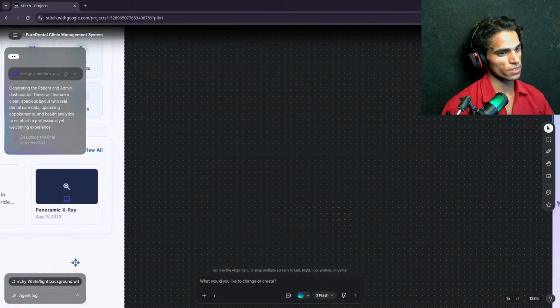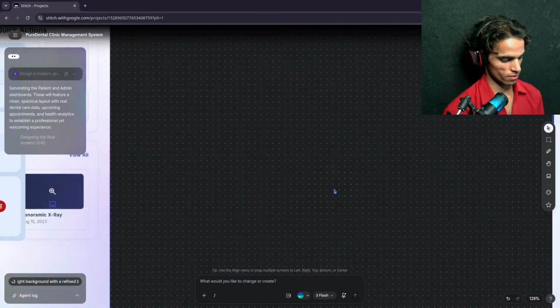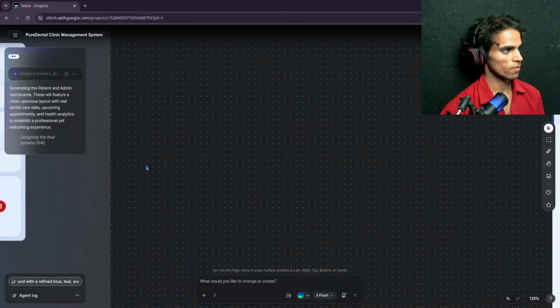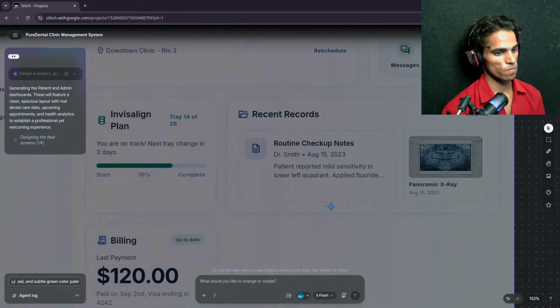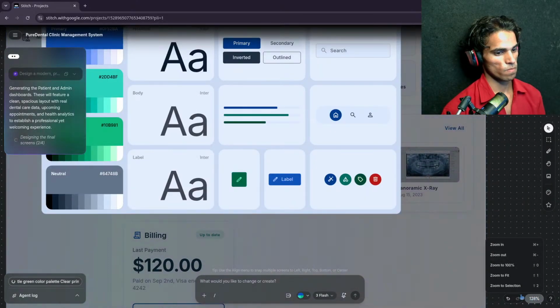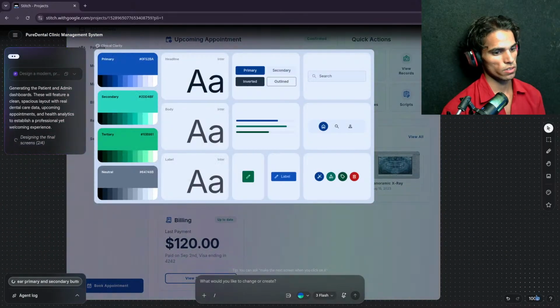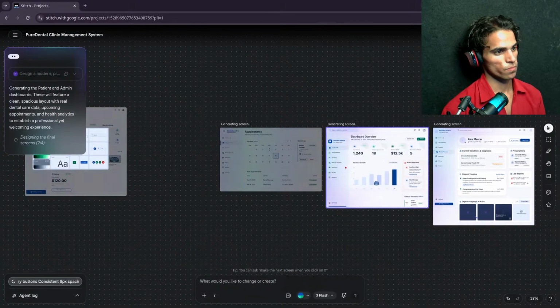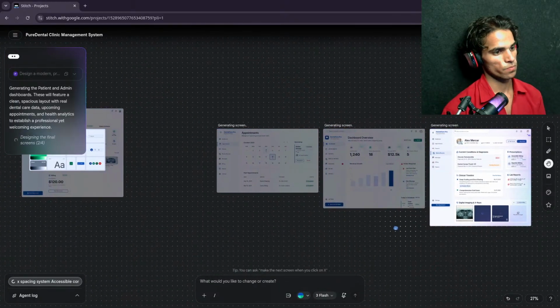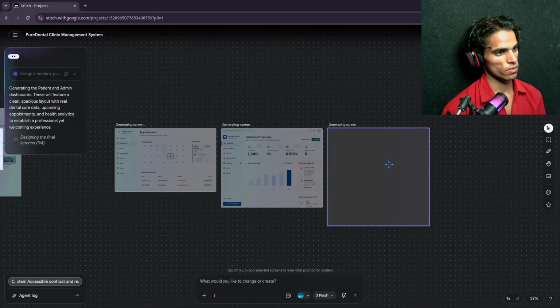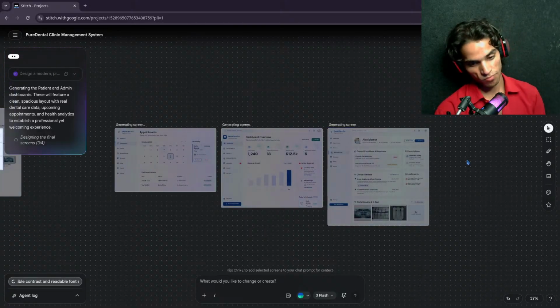Okay, it's great. Choose 200% or zoom to fit. This is generating screens.